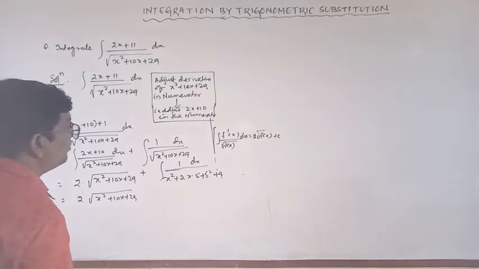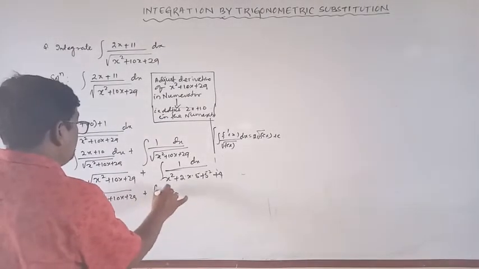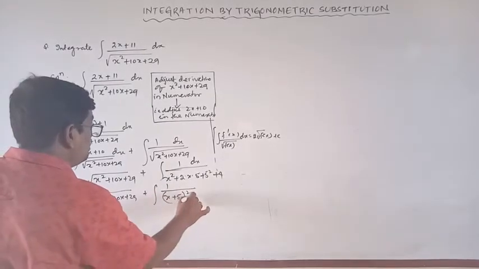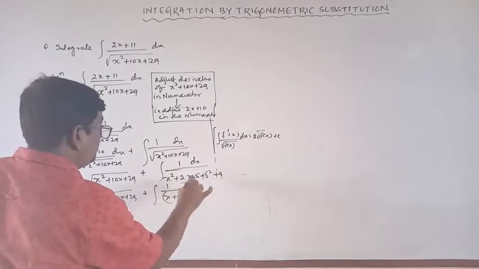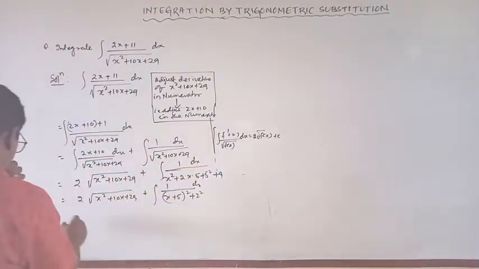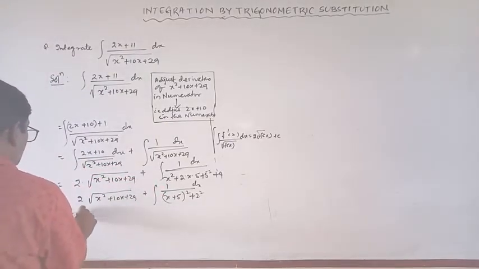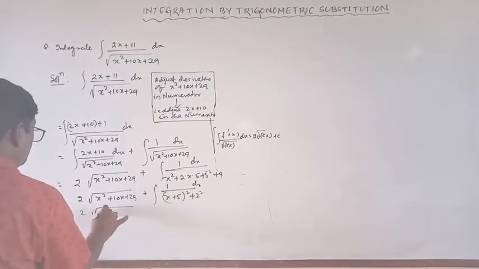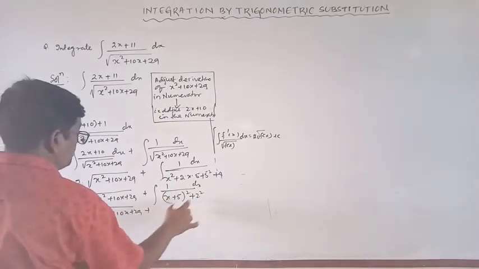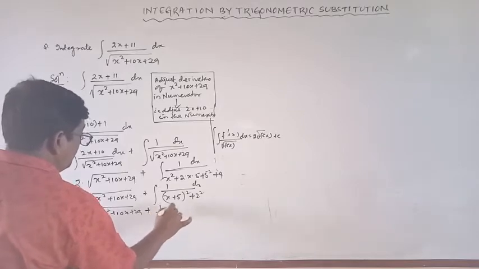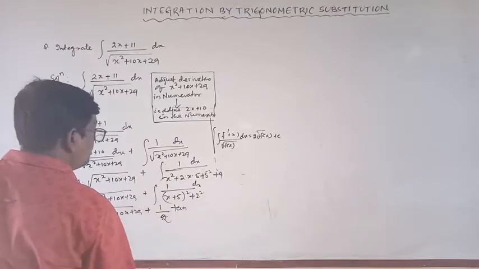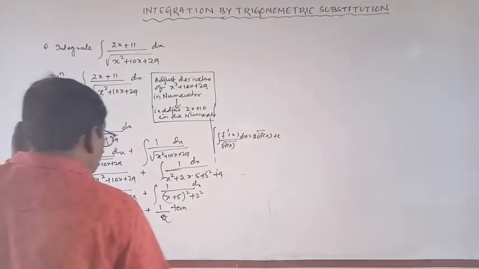Next formula, and this is 1 by (x plus 5) whole square. This is 4 square with 2 square dx. One thing, this is equal to what? This is equal to 2 root over x square plus 10x plus 29, and this is x square plus 5 square. Formula 1 by a. 1 by a means what? 1 by 2 tan inverse. Clear? 1 by a. Sorry, this is root over.